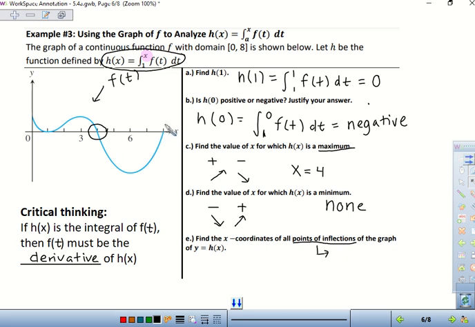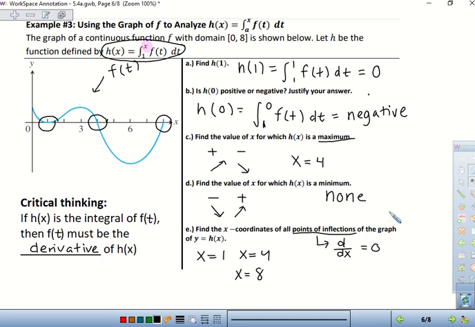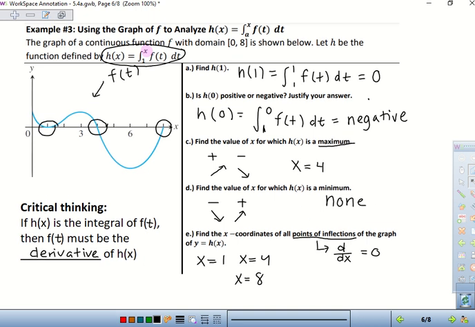So for the derivative, it's where the derivative is what? 0. Points of inflection occur when the derivative is 0. On a regular function, yes, it would be where the function flips. So it would be at x equals 1, x equals 4, and x equals 8. So remember, when we're looking at derivative graphs and regular graphs, they have different rules about them, different things that make things be something else, right? So we're looking at a derivative graph here, which means that we have to analyze it differently than if we